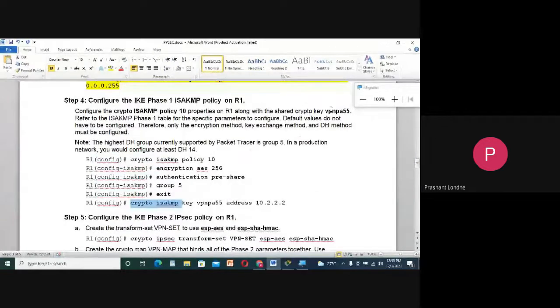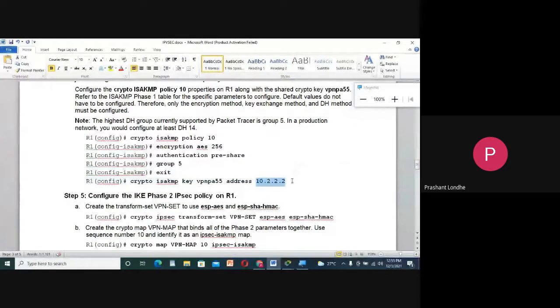There are other keys also available. So whatever you are going to get as a question, that you are supposed to implement. If you are going to get some other key, like XYZ28, then that should be implemented over here, and on the address where you are supposed to forward this traffic. So let's start executing the command.